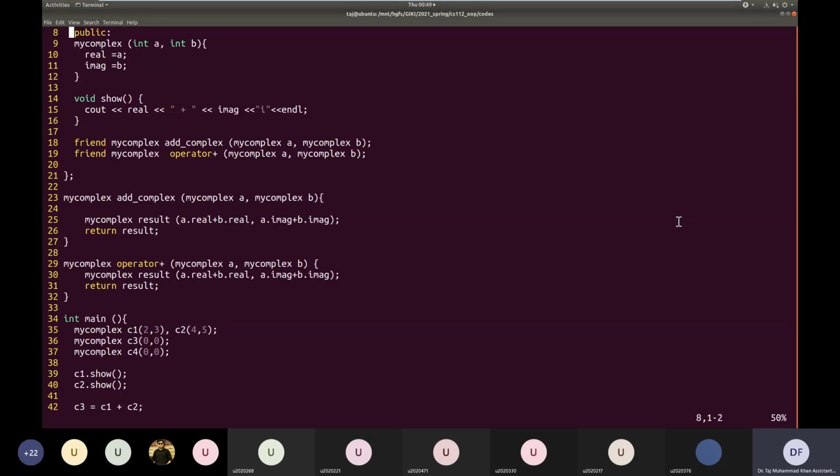Okay. So now coming to Mohammad Fareh's question, can we add 3 complex numbers? Let us see what will happen if we do it like this. We have basically C4.